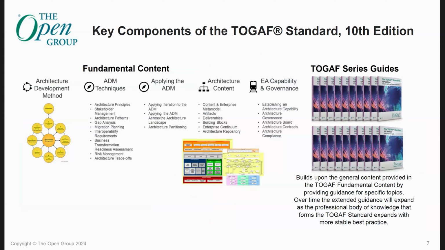At the heart of the TOGAF standard, you've got this thing called the architecture development method. You can see that in the context of the fundamental content, 3/5 of the volumes are dedicated to explaining the architecture development method. You've got a section on architecture content, which really is explaining the meta models that sit behind it, the structure, the concepts of enterprise architecture. And you've got a chunk on EA capability and governance, which is really guidance to help you set up and run an architecture capability and govern enterprise architecture